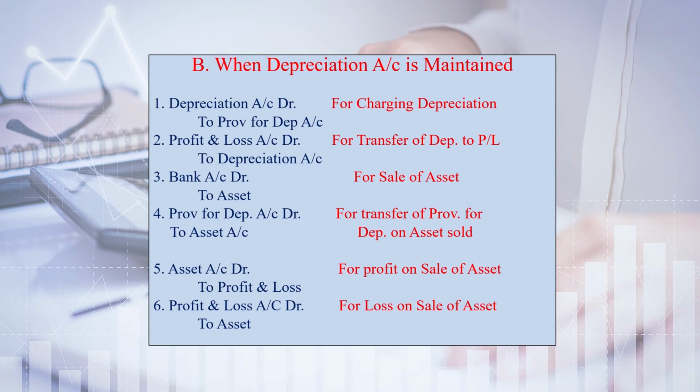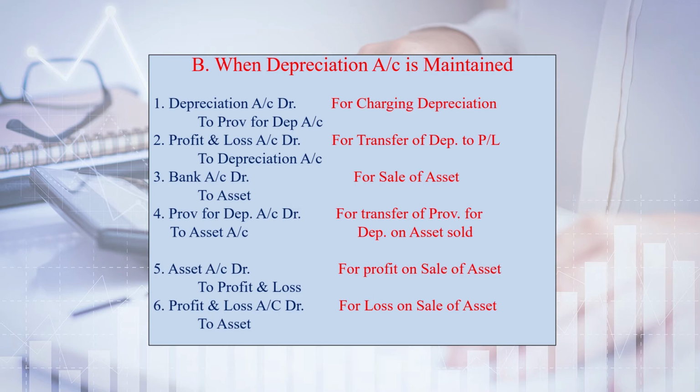Then for transfer of provision for depreciation on asset sold. So, very simple, provision for depreciation account debit to asset, because when the asset is sold out, the amount which we were transferring to provision for depreciation will be reversed. Now, for profit on sale of asset, the entry will remain the same, asset account debit to